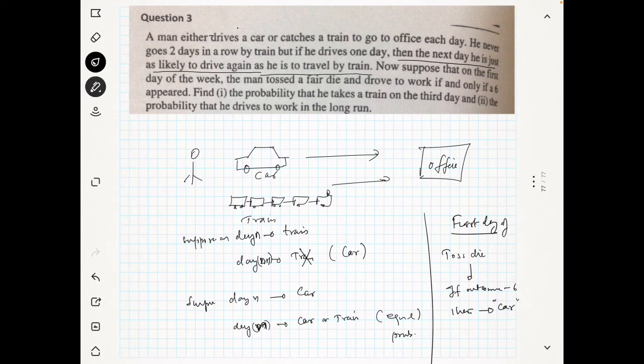That means he will drive to work. So on day 1, he will toss a die, and if the outcome is 6, then he will decide that today I will go by car. Now if he is using this strategy,